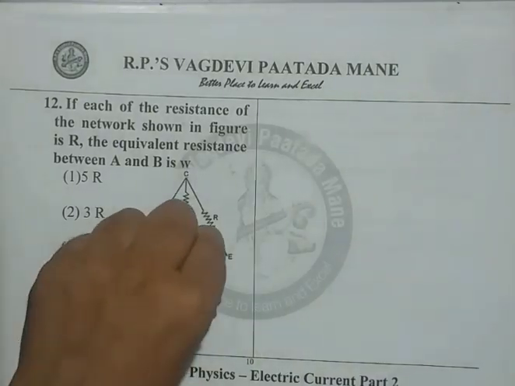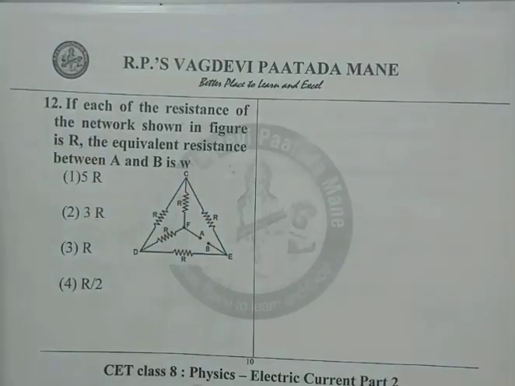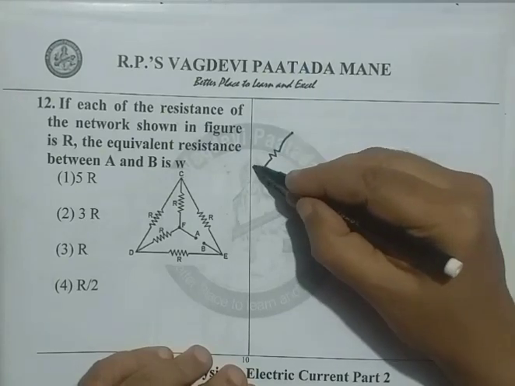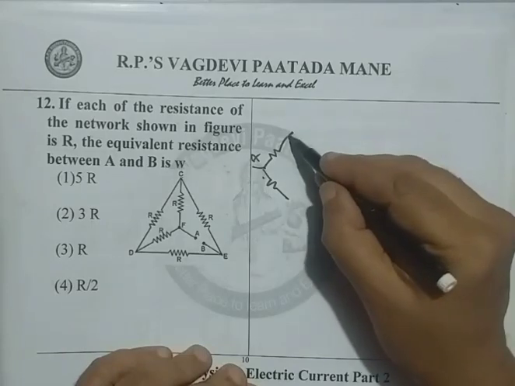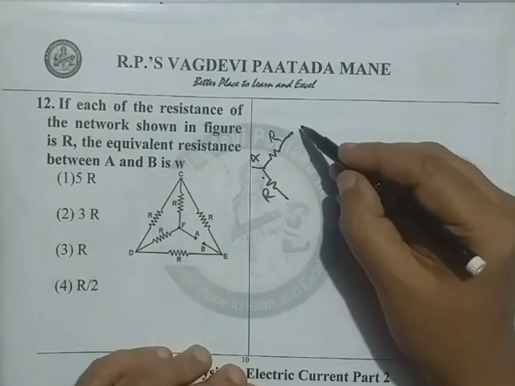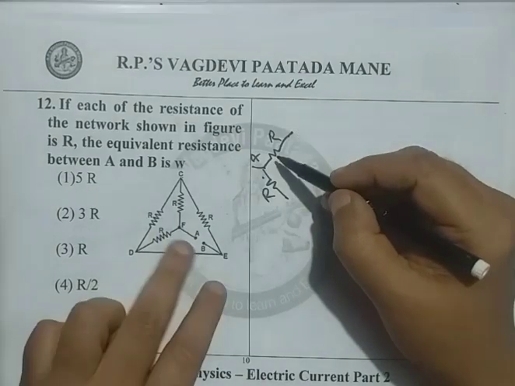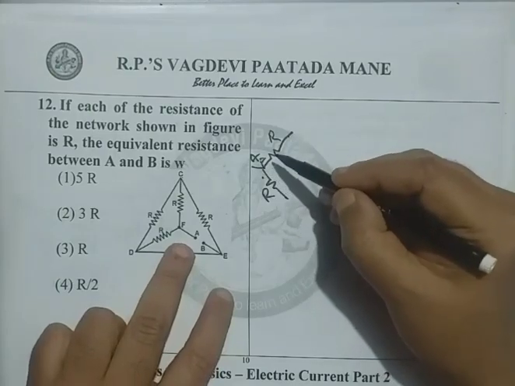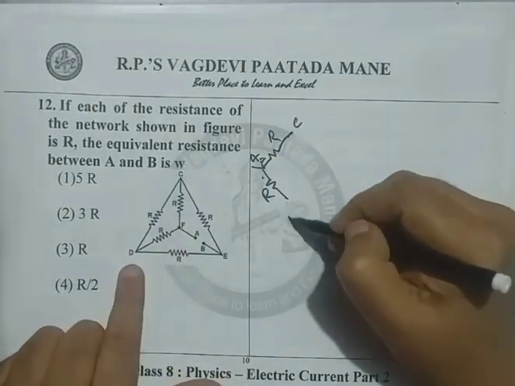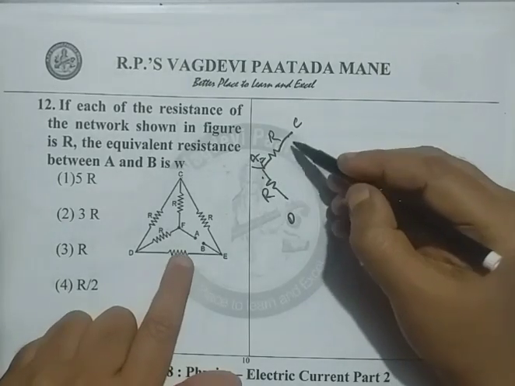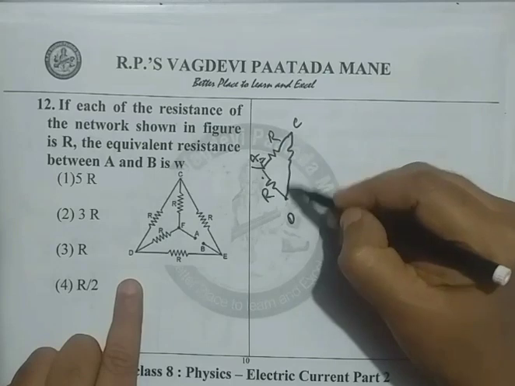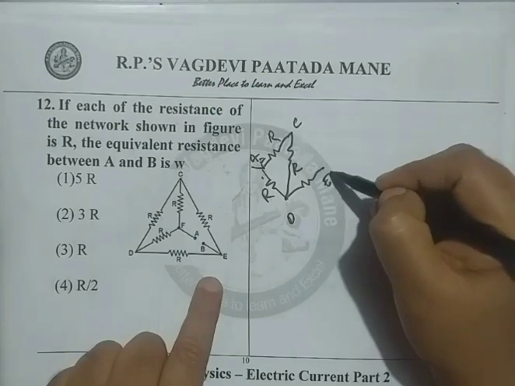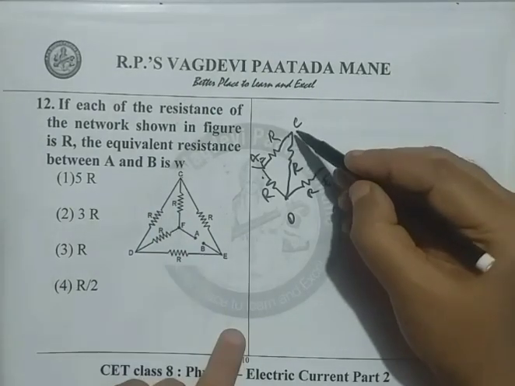If we shift this A onto this side, if we lift this whole part, then the circuit will become very simple. It is like this. This is our A, and this is our R, and this is our R. Say A and F are one and the same. F to C is there, F to D is there. Both are R. Then C to D is again R, like this. And then D to E is also R, and E to C is also R.